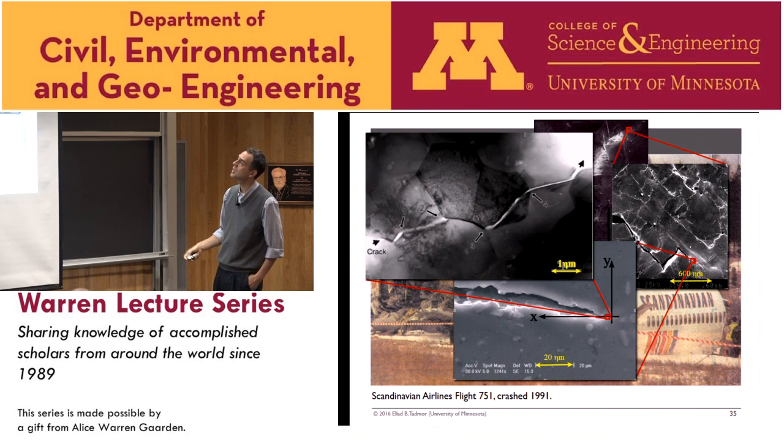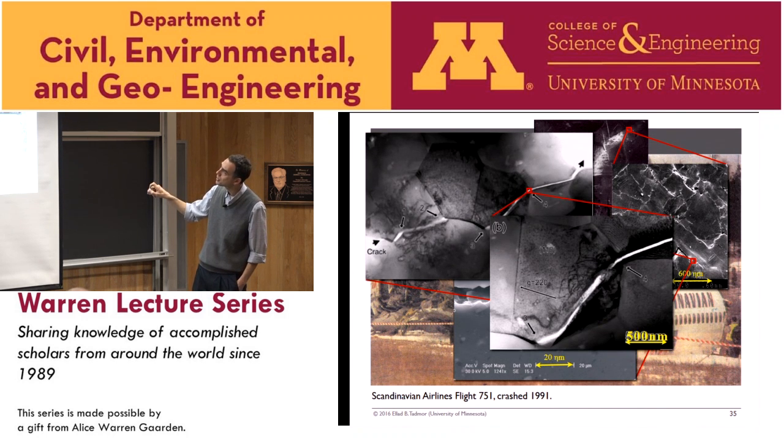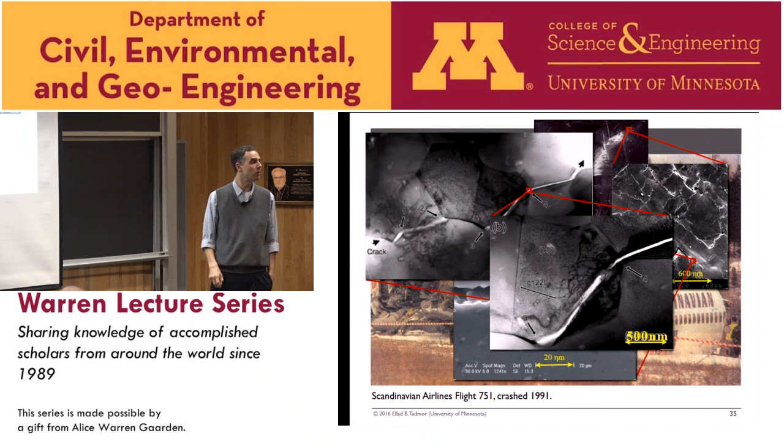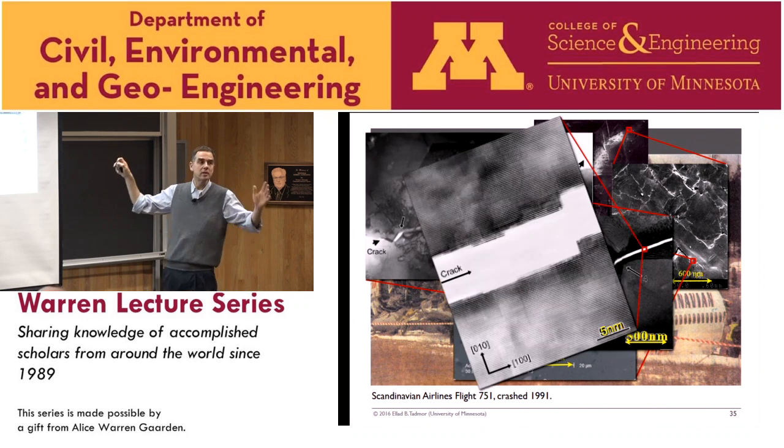And so we'll actually see that better when we zoom in one level lower. So now we're at 500 nanometers. Here's where this crack has cleaved through the grain, and you can see the pattern of dislocations that is formed around this location. Now we can zoom in a little bit more, and now this is it.